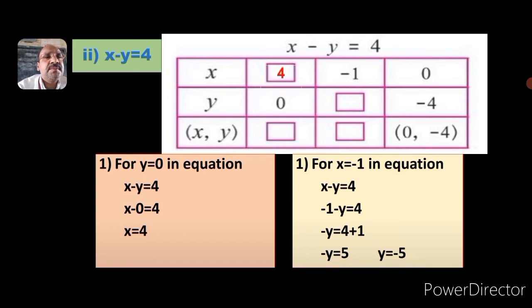x is equal to 4, therefore the coordinate, that is the ordered pair, is (4, 0). Another one is y is equal to minus 5, the ordered pair is (minus 1, minus 5). Okay. Now next,